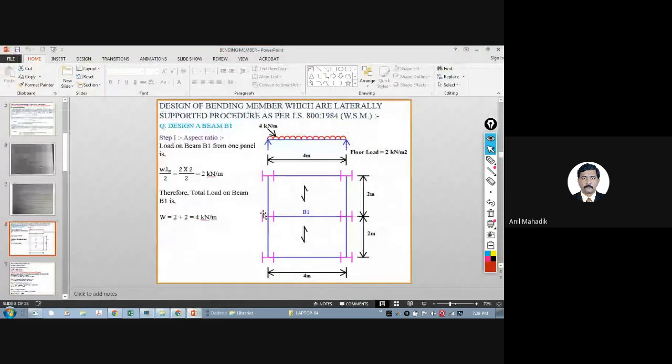So how to calculate the load on the beam? Half load will go on B1 from this slab, half will go from this side. I think all of you know how to calculate the loads. Half from here, half from here. So how much is this half? 1 meter. How much is this half? 1 meter. So total is 2 meters. And what is the slab load? 2 kilonewton per square meter. So 2 into,